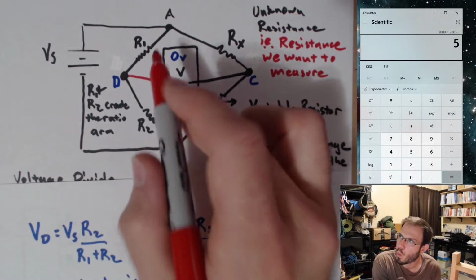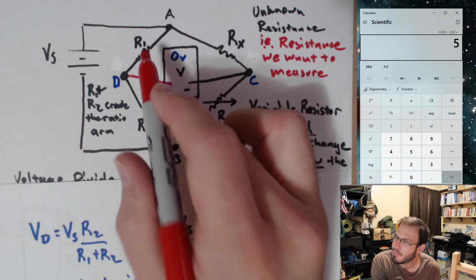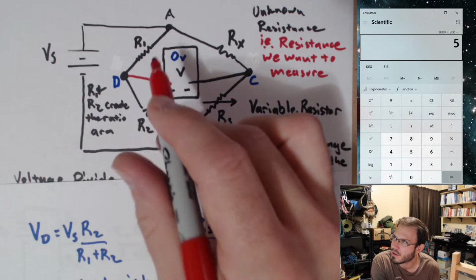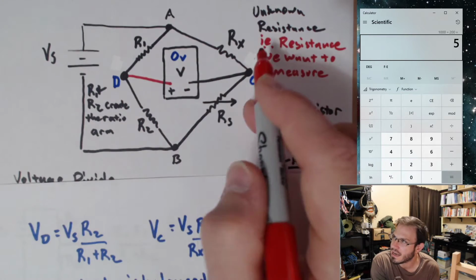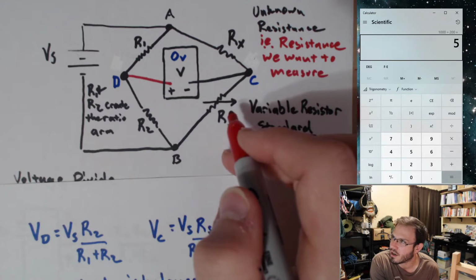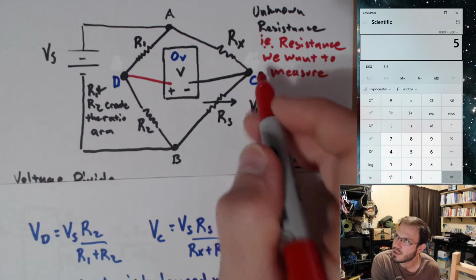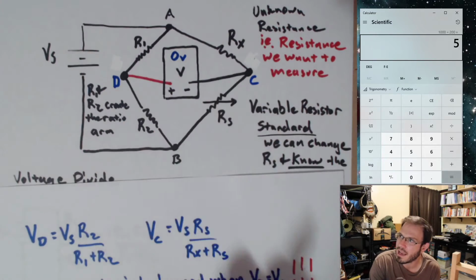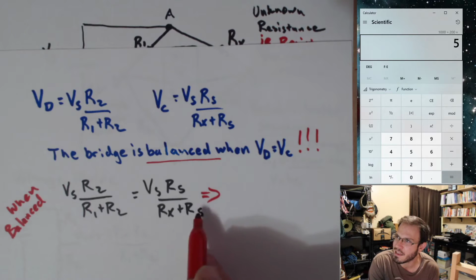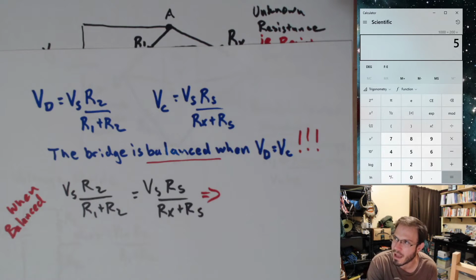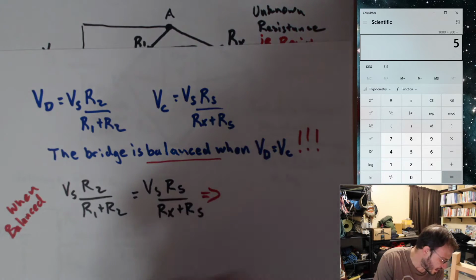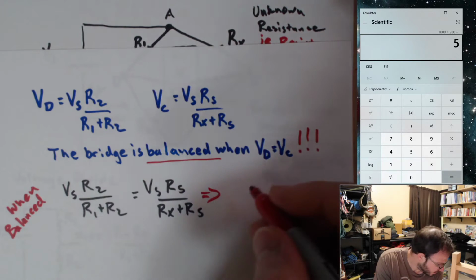When I pick R1 and R2, I get a voltage here. And if I pick Rx and Rs such that they have the same ratio, I get the same voltage here. So it's independent of our applied voltage, and you can see that in the equation right here because I can cancel out my V sub S's. So we get